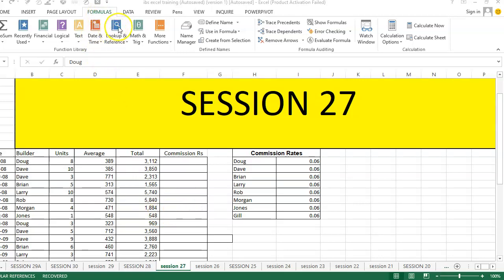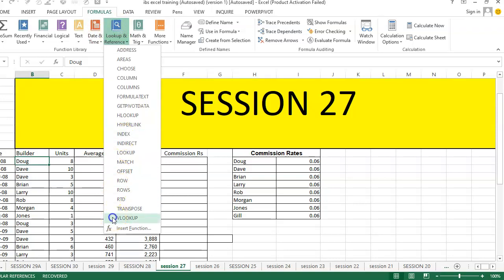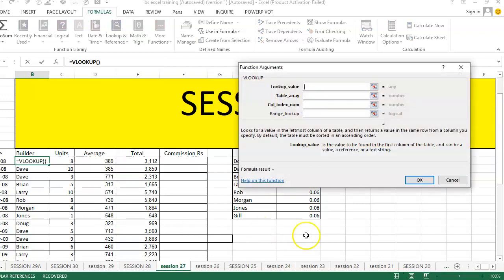So go to the formula tab, look for the lookup function, and select VLOOKUP. Once you select it, the function arguments of VLOOKUP get populated, wherein you have 4 arguments. The first one is the lookup value, that is the value to look for in the first column of a table.